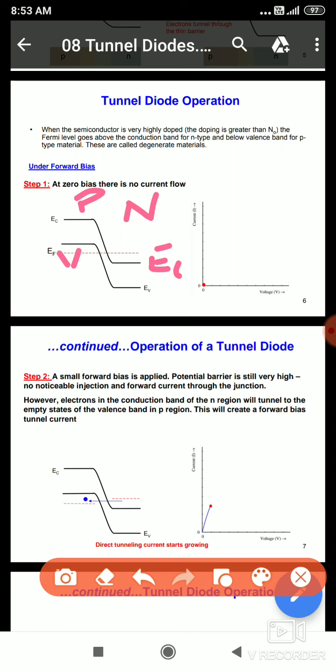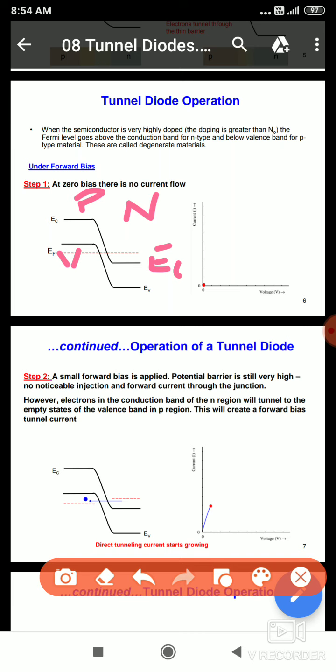After overlapping, the conduction band electrons at N side and valency band holes at P side are nearly at the same energy level. So, when the temperature increases, some of the electrons tunnel from the conduction band of the N region to the valency band of the P region. In the same way, holes tunnel from the valency band of P region to the conduction band of the N region. Therefore, the net current flow will be 0 because of the equal number of charge carriers flowing in opposite directions. Therefore, at zero bias, there is no current.